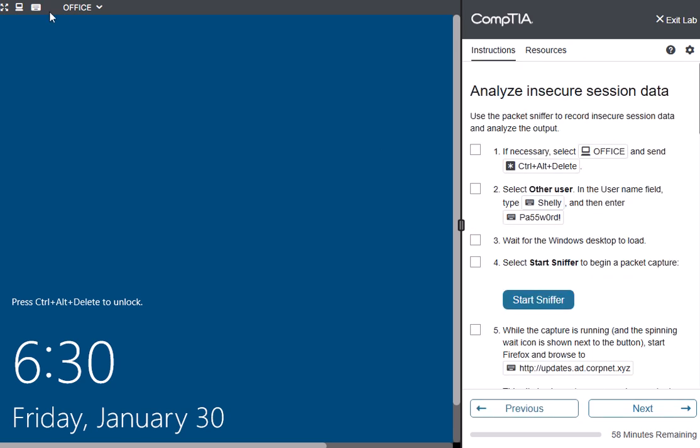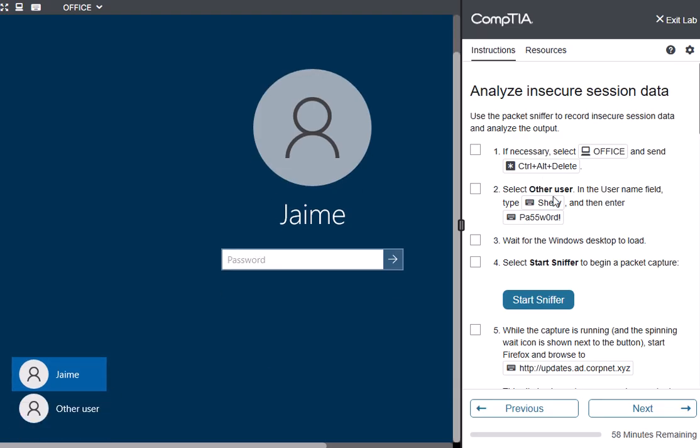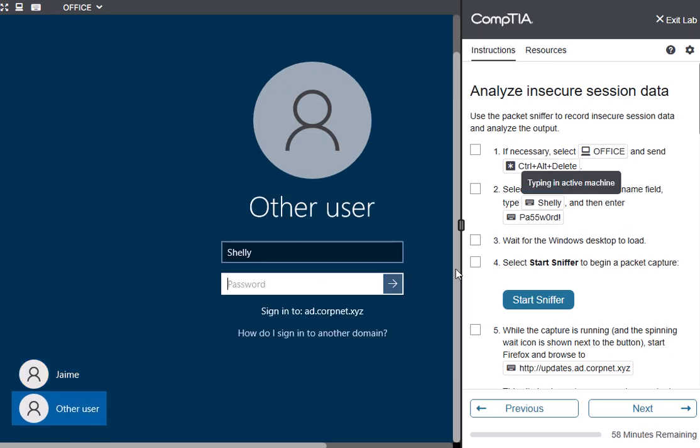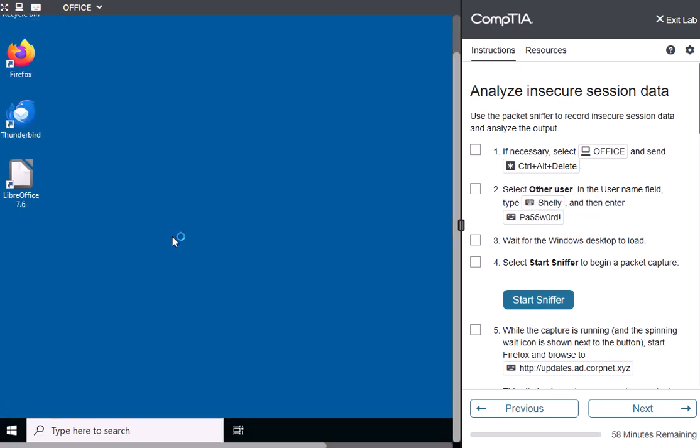Make sure you are in the office, and log in. The username, make sure it's Shelly, and the password is whatever password. Make sure you click the other user option if that's not the user you want to log in as. So after I log in as Shelly,